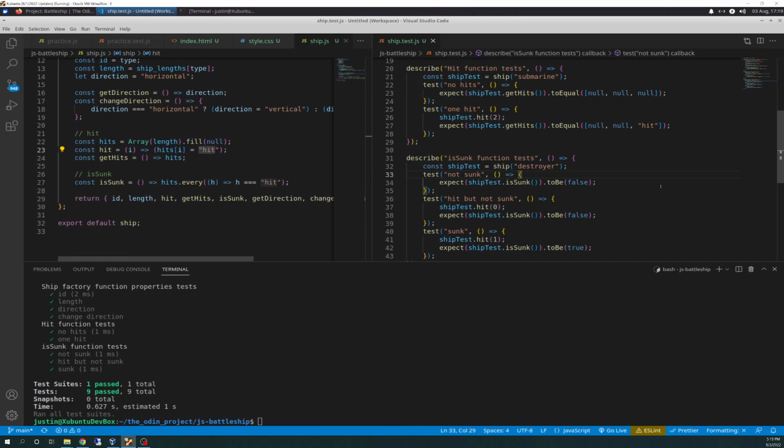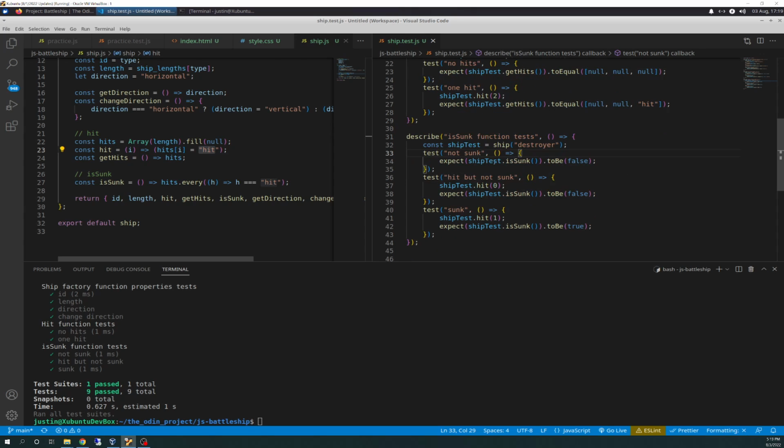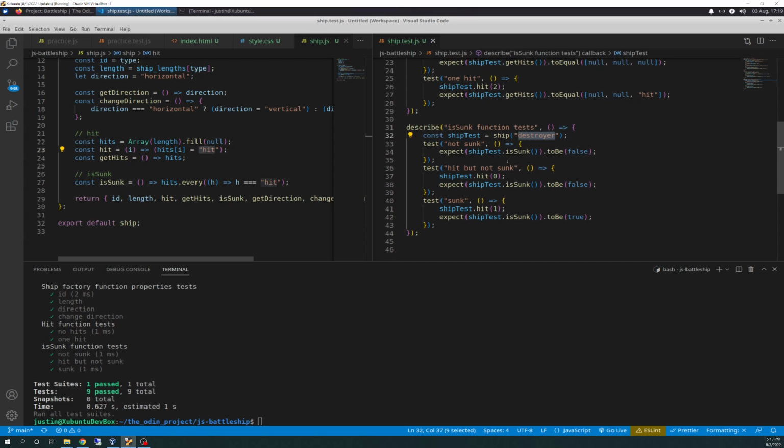Okay. Then our last section is we're going to test our isSunk functionality. So we have constant ship test equals, now we're going to use the destroyer as our type for our ship function. And we're going to do not sunk, expect is sunk to be false. So it's going to go through here, it's going to call is sunk, and it's going to go through this,